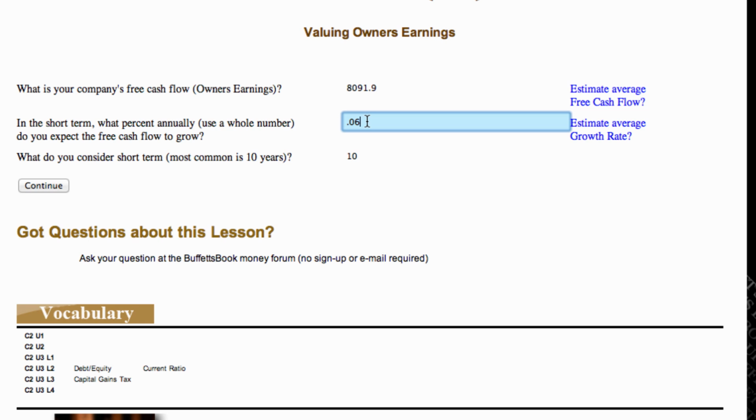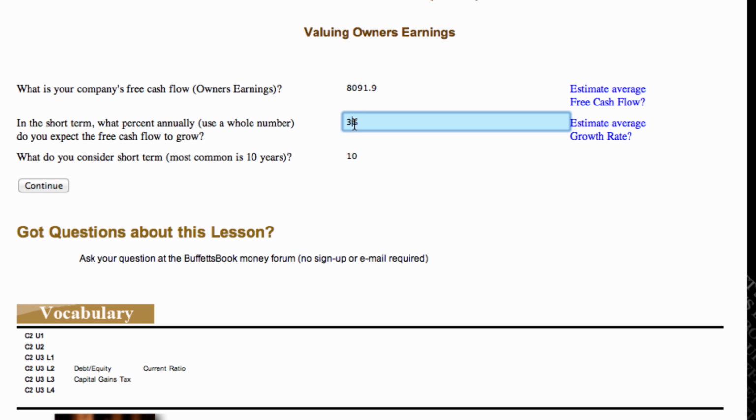Okay. So if you want to be conservative, you could put maybe 3% in there, and you can put 0.03, or you can put simply 3%, however you want to input it. Okay, so we'll just put 3% in there. And by using 3%, we're essentially saying that we don't think Walmart's going to grow whatsoever. It's going to do nothing more than keep up with inflation, because inflation is typically around 2 to 3%. If you think that's too conservative for you, then you can maybe put in a higher number, maybe 5,